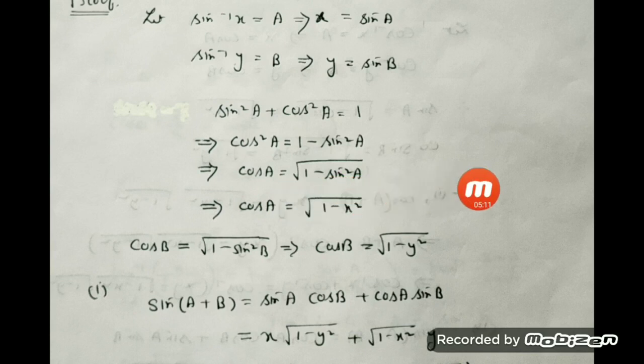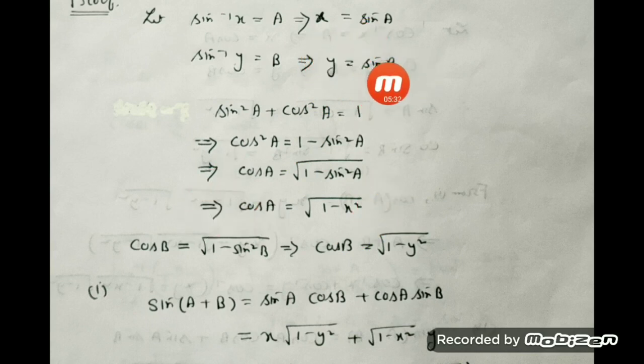We consider here the result as A in the first quadrant. That's why I'm giving the positive sign. So from here, we can write down what is cos A. Cos A is under root of 1 minus sin square A. The value of sin A is known to you, that is x, so you will have x square here. So you see, from sin A, we got the value of cos A.